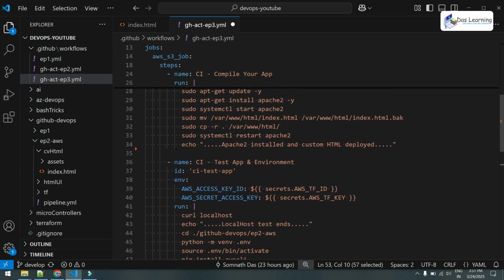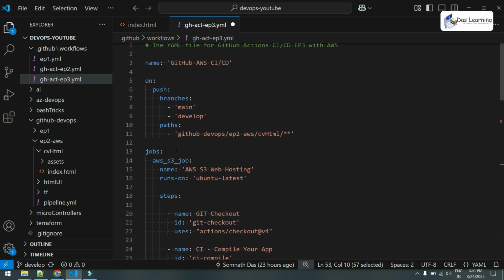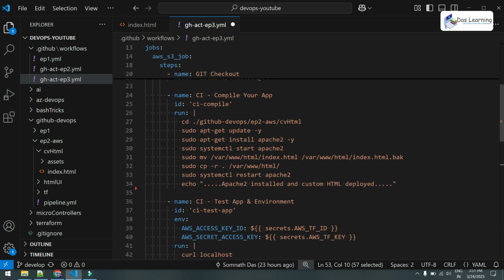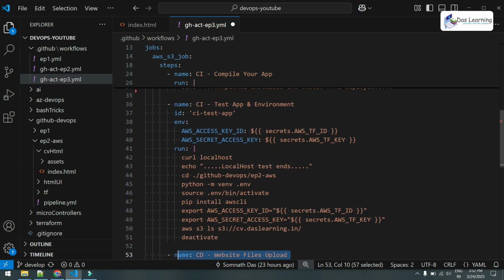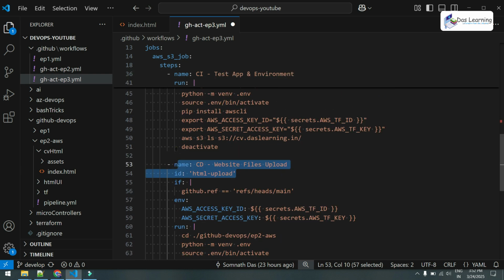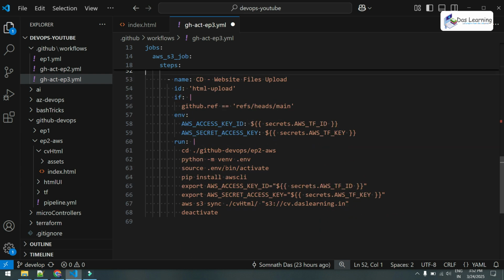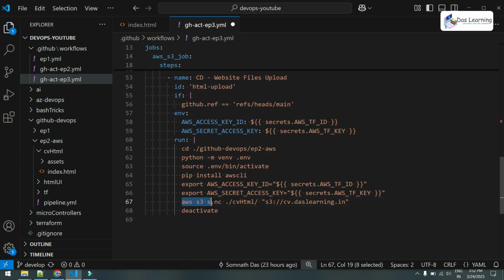So every time you push something to your development branch, it will do your compilation and the automatic testing. Then once you are satisfied, merge your code to the main branch or whatever branch you like, then this deployment can happen. It is using the same fundamentals, AWS S3 sync. It is copying everything from our local directory, that means whatever is running inside the pipeline, to our destination, which is